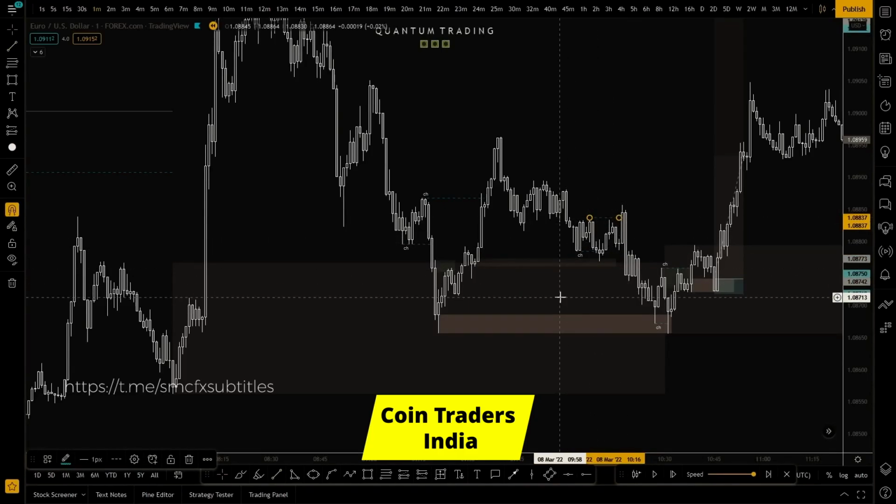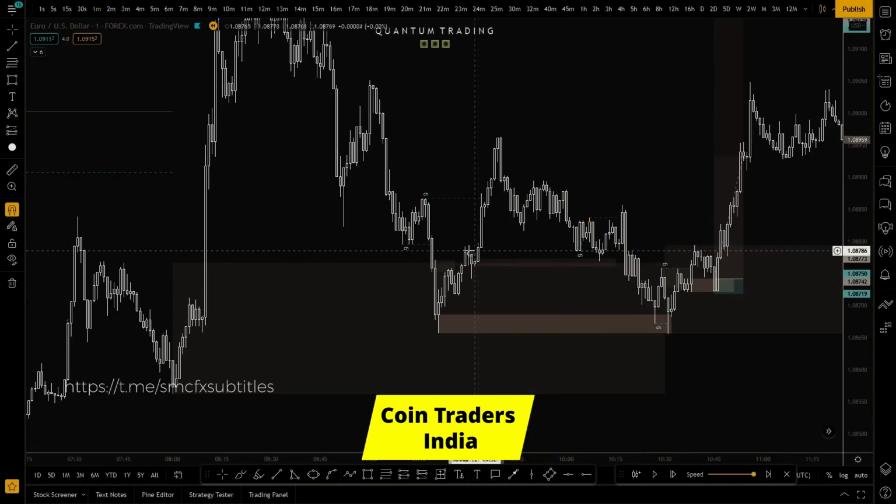But this is where the confluences come in and stack. Because if we have a look at this demand level, it didn't react to anything to the left. It's just sort of reacted into an imbalance on a 1 minute, so it hasn't really had much interaction into the supply levels on the left. So what we can say here is, it's perfectly valid now to look for a long,